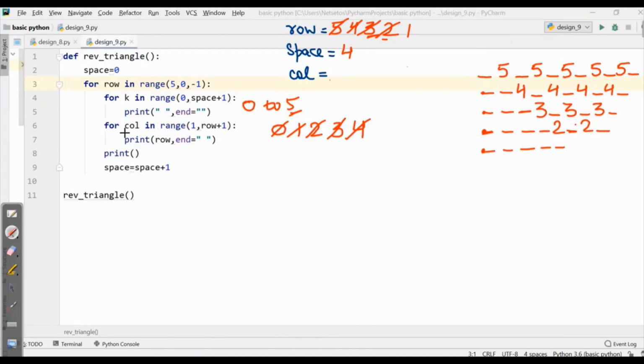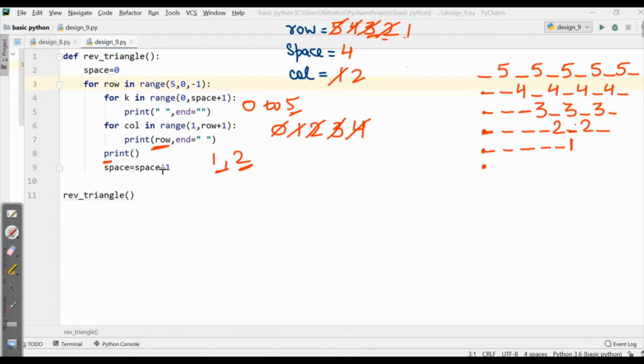And for column, it will run from 1 to, row is 1 now, so 2. So for the first time, it will print the row value. Row is 1 now, so here it will print 1. Then for the second time, as it is running for 1 time only, the second will get ignored, and with the print statement, our cursor will come to the next line.